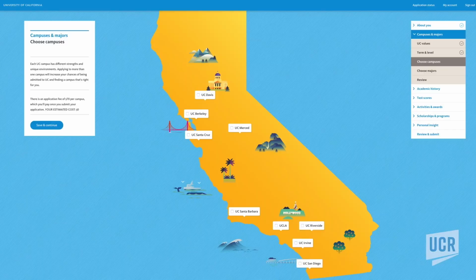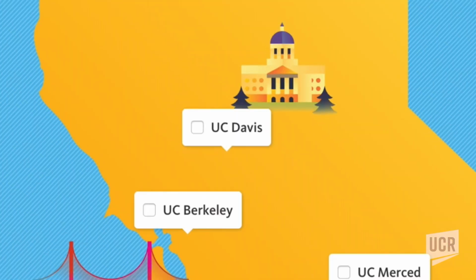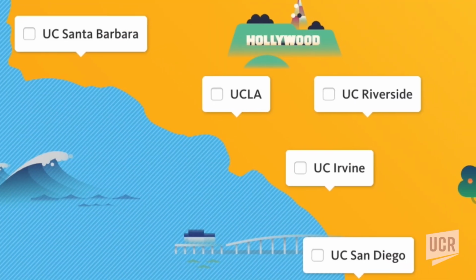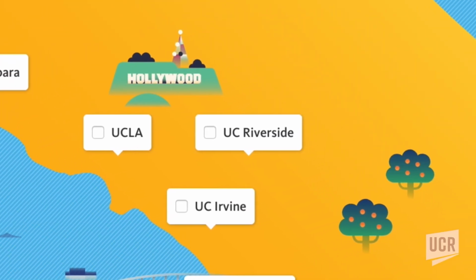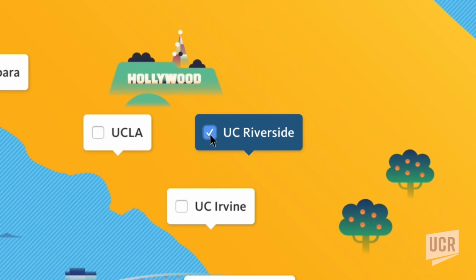This is where you get to pick and choose your prospective campus and major. With so many welcoming students, amazing faculty, and a wealth of resources at your hand, there's no reason why anybody wouldn't want to be a Highlander. The diagram shows all of the University of California campuses. UC Riverside is located in Southern California, between Los Angeles and Palm Springs.